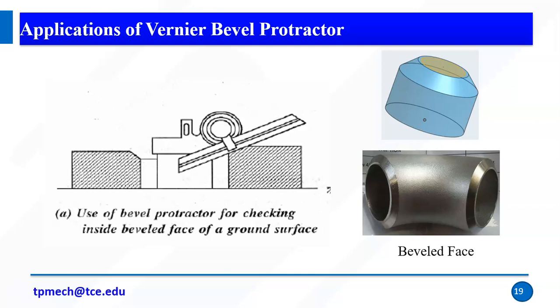So bevel, so if a corner is sharp or inside, it will affect our human. So in order to avoid that, we use some other process like chamfering, all those things. So we will cut some amount. So in the bevel cut, to measure the bevel angle I can use the vernier bevel protractor, right? If it is an internal bevel, then I can place my vernier bevel protractor like this, right? This is a vernier bevel. So this is a beveled face.